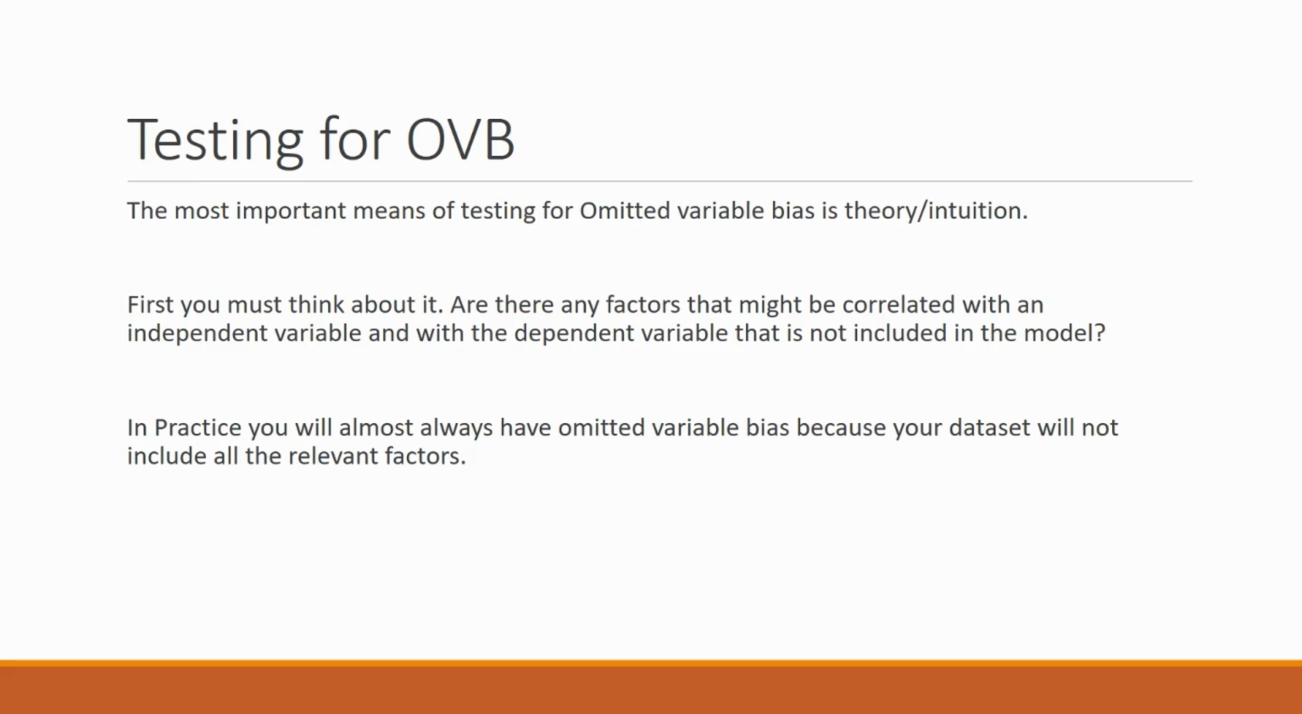All right, and now in practice, you'll almost always have omitted variable bias, because our data sets will not include all the relevant factors. So we're almost always going to have omitted variable bias of some kind or another. All right. But now,